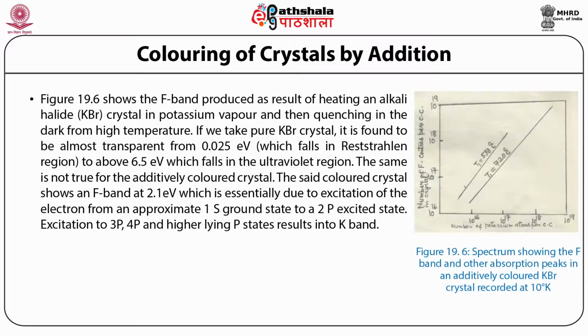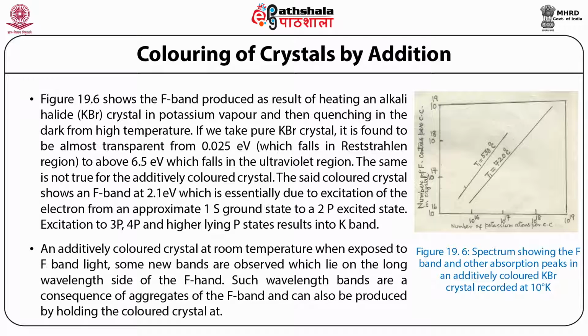Figure 19.6 shows a spectrum with the F band and other absorption peaks in an additively colored KBr crystal recorded at 10 degrees Kelvin. An additively colored crystal at room temperature, when exposed to F band light, shows some new bands